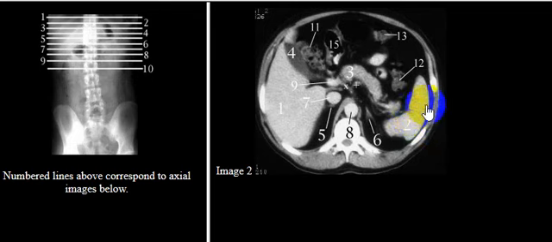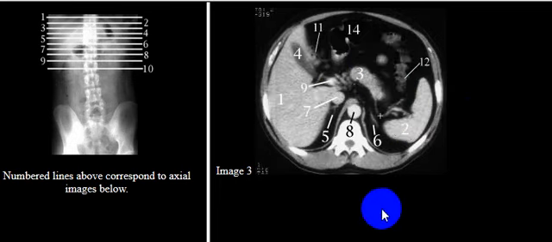Here we see also the spleen, descending colon, the transverse colon and left adrenal gland, and here this is the pancreas. Again, descending colon or splenic flexure here, and the spleen and the splenic vessels, left adrenal gland, and the pancreas,